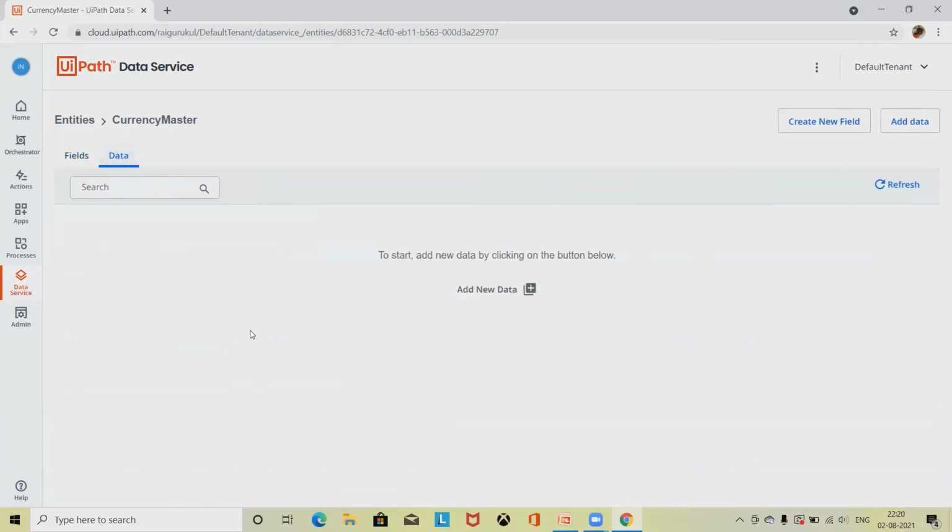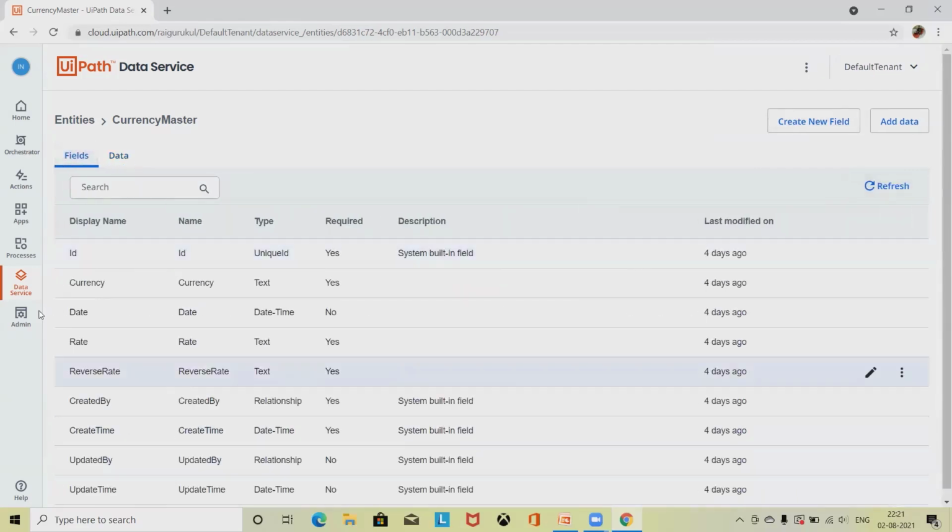We do have the option to store the data inside here. So whatever data you have uploaded, that data will be available for you. Once you refresh it, you'll find all the data which is available inside your storage. If you want to add data manually, you can add it from here or from here. If you want to create a new field, click on this and your field will be created here.